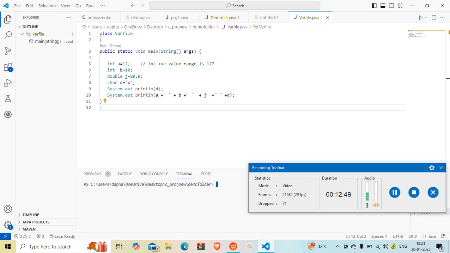Now we will run that program. Java, and the file name dot java.